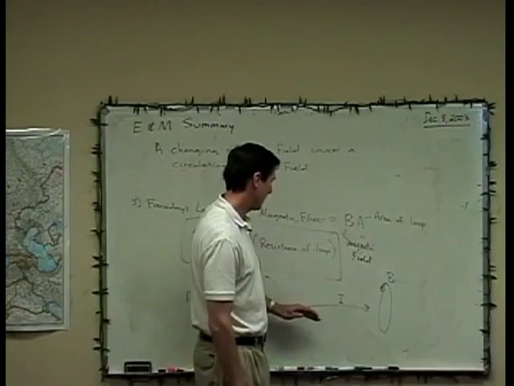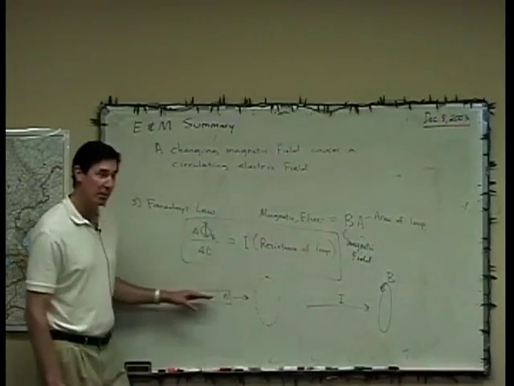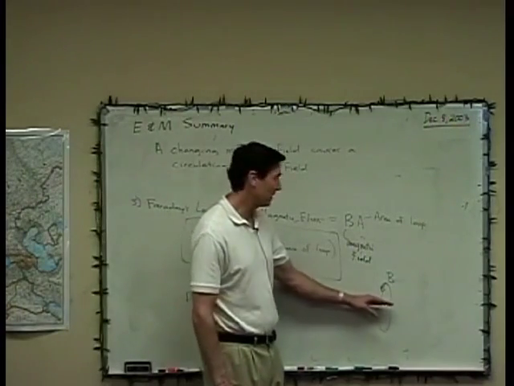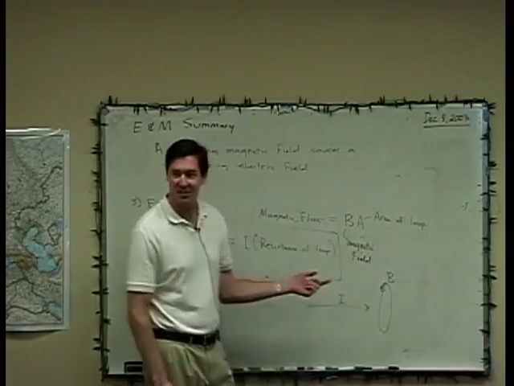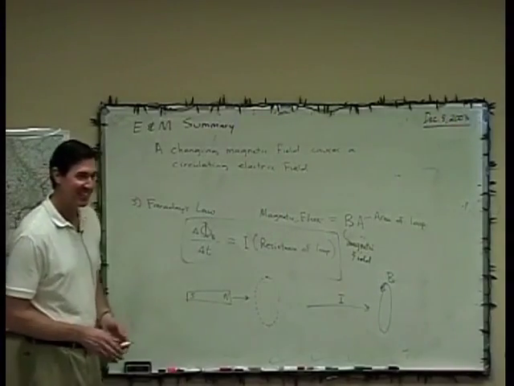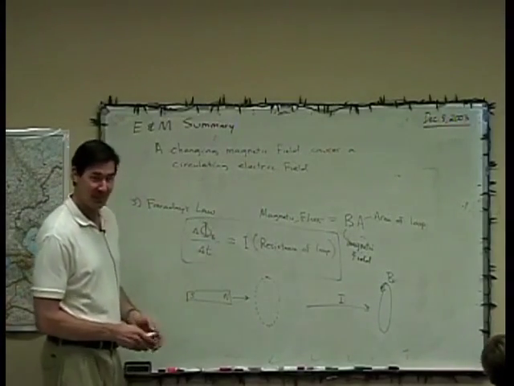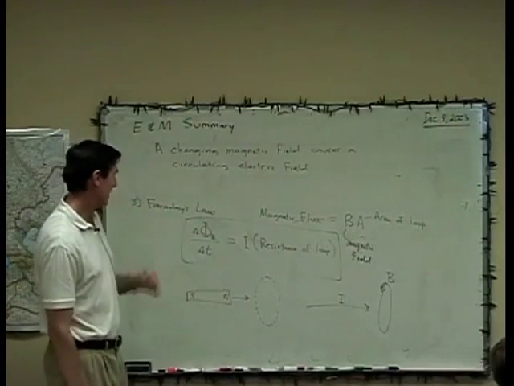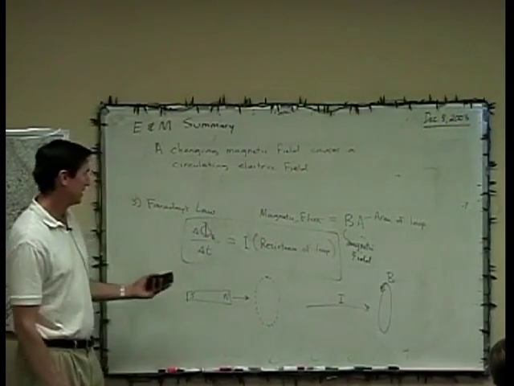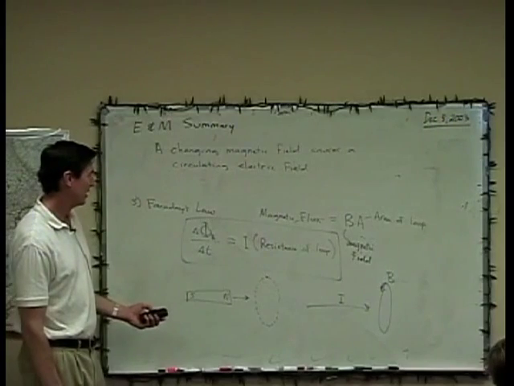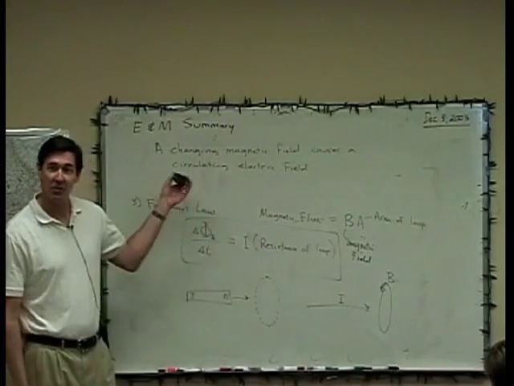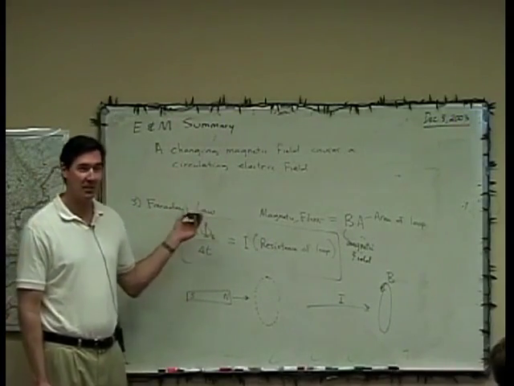Here we have a moving magnet causing a circular E field. Here we have moving electric charges causing a circular B field. Okay. All right, pretty cool. Now that's not the last word on electricity and magnetism,